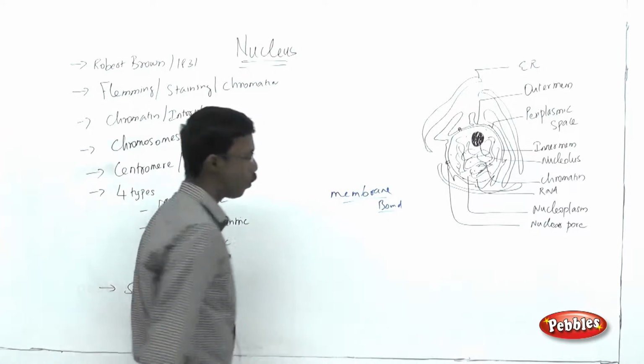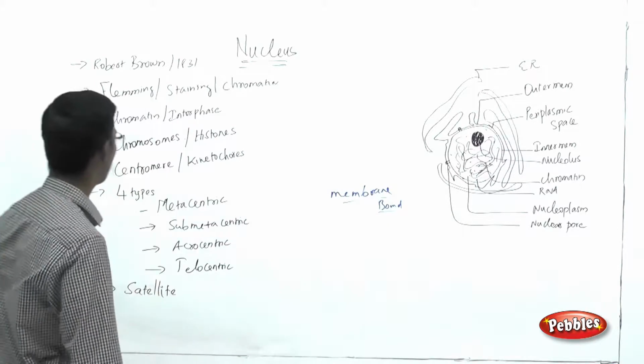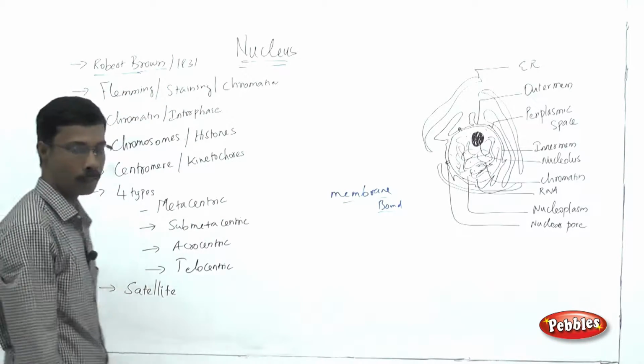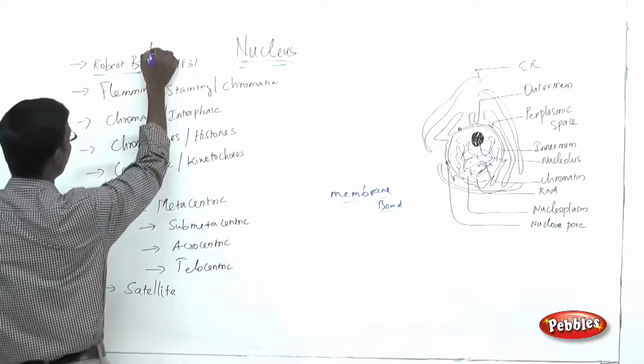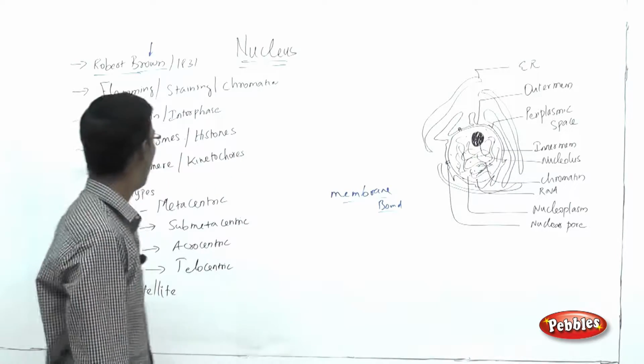So there are two membranes, inner membrane and outer membrane, and we are going to see the structural details now. Okay. So before that, you should know something about the history of nucleus. As I told you in the previous classes, nucleus was discovered by Robert Brown in the year 1831, and